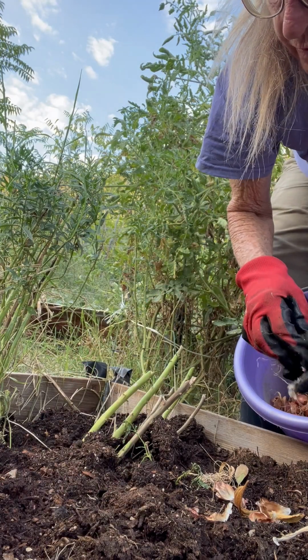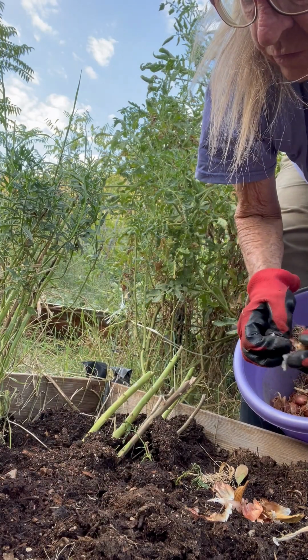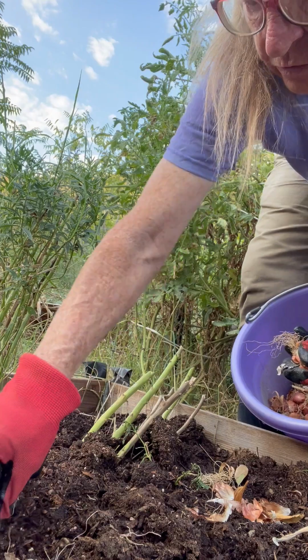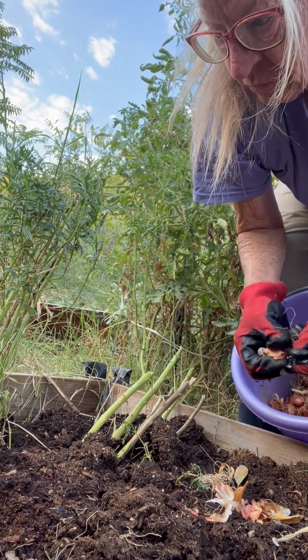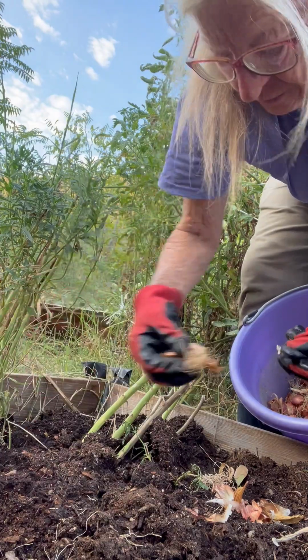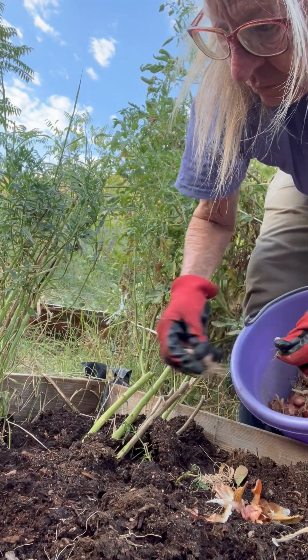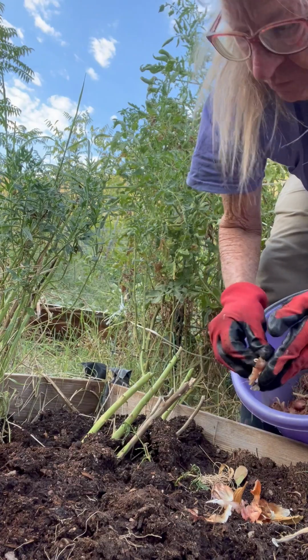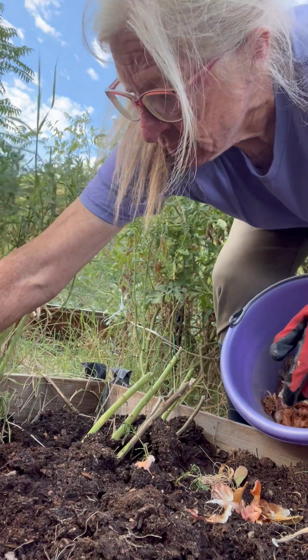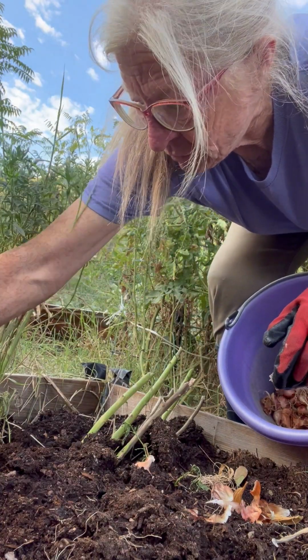And I'll see if I can't find some straw or some waste hay or something to mulch this bed with so we don't get too hot. The weather is crazy. Here, this is the end of September. We're almost to October, and it's supposed to be 102 degrees today. So that's really